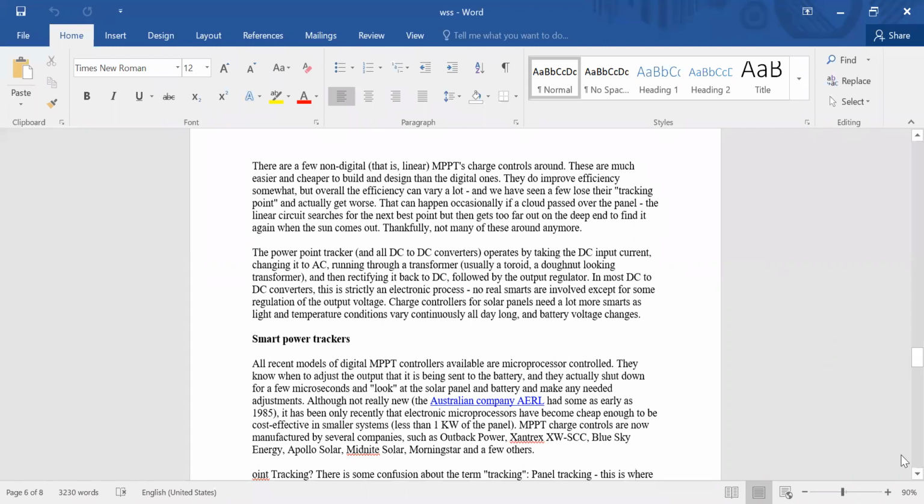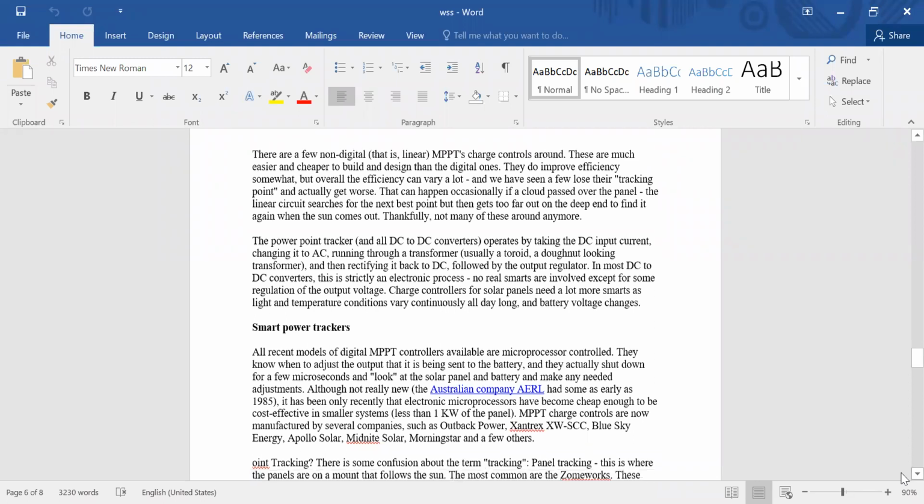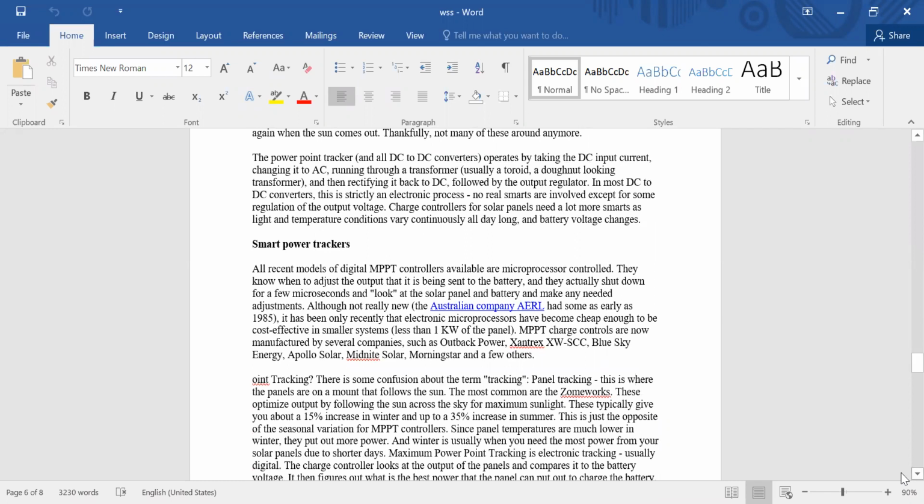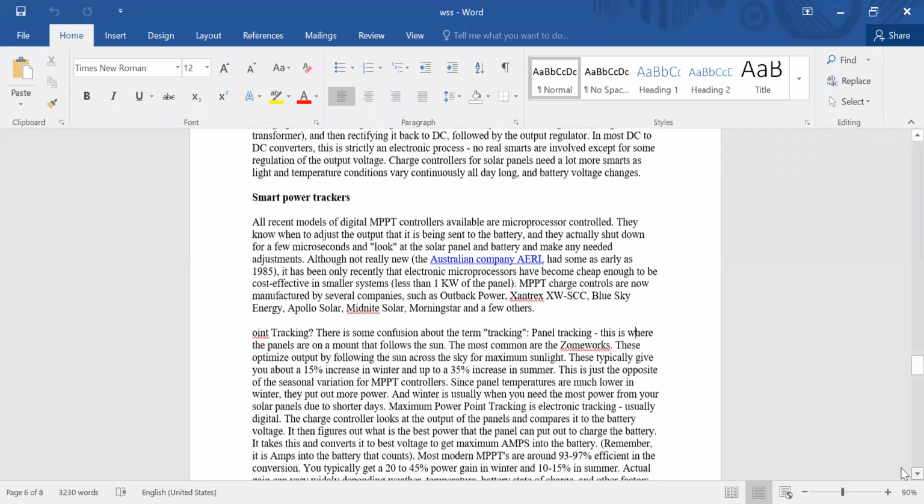Smart power trackers nowadays, all the new digital MPPT controllers, are microprocessor controlled. They know how to adjust the output sent to the battery, and actually shut down for a few seconds to look at the solar panel and battery to see whether they need adjustment. So that is the maximum tracking there.